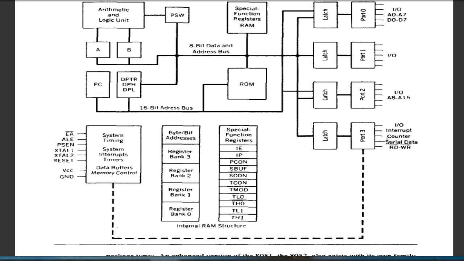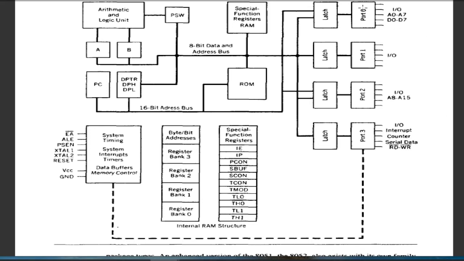Then serial data communication is provided with port 3 only, and here read or write, meaning whether you are reading from external memory or writing to external memory. So these two pins are coming with the external memory of the 8051. If it is connected with this 8051, then only we will be using these pins of port 3.